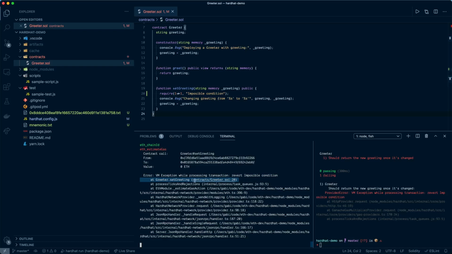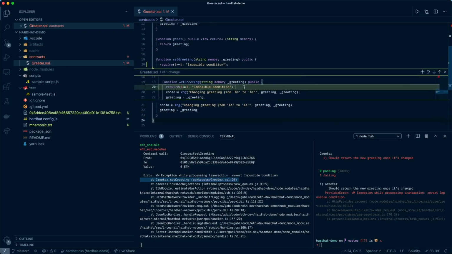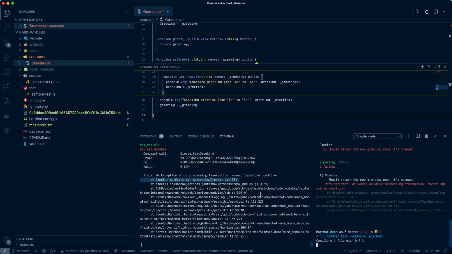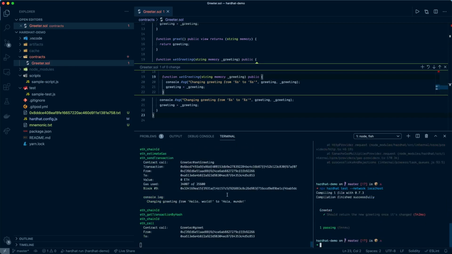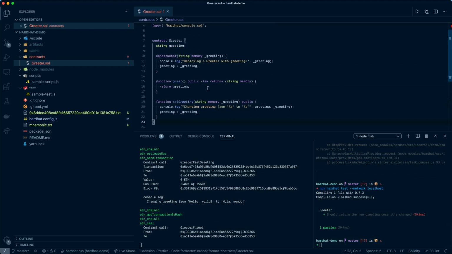So as we can see, it is this contract reader that's sol in line 20. And as we can see, we can go here and say, oh, okay, this is an impossible condition. We can remove it and everything will be working once again. And that's really powerful as well and is saving a lot of time when you are running your tests and checking that everything is working as you expect it to. And yeah, that's in general